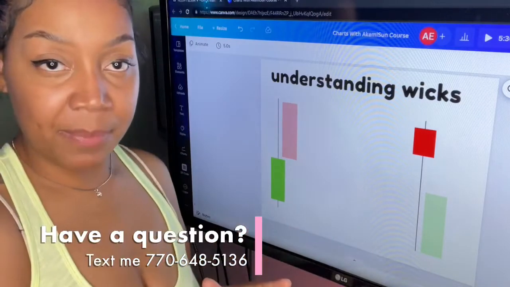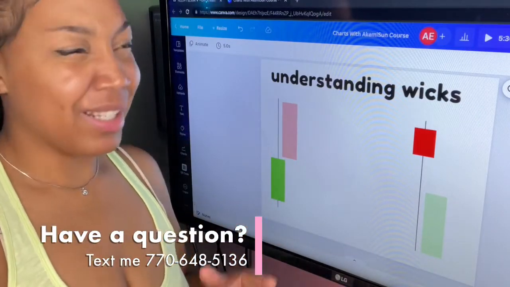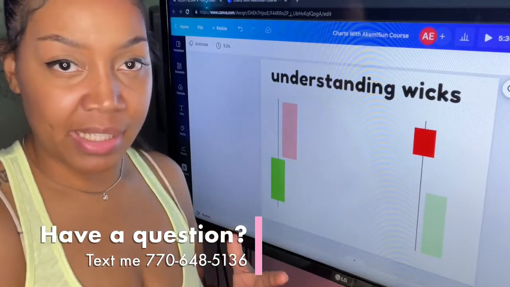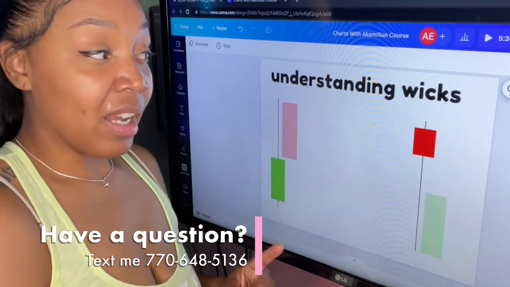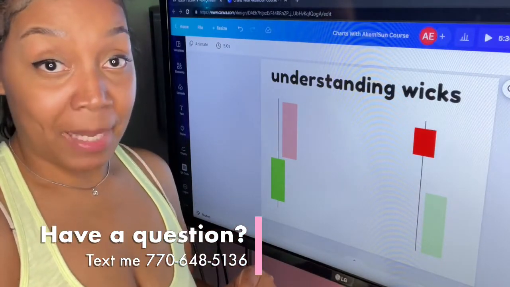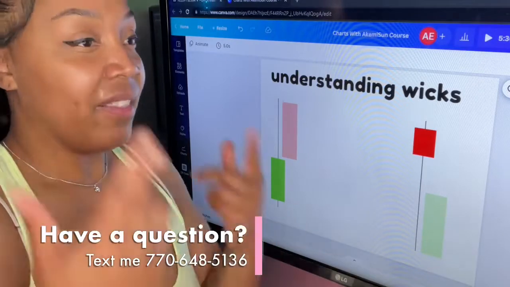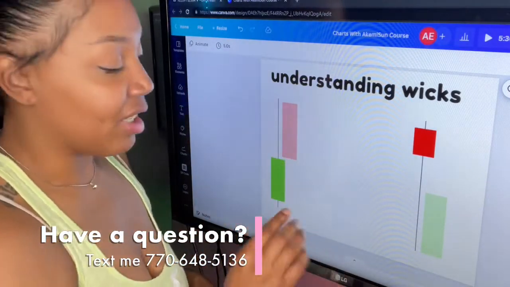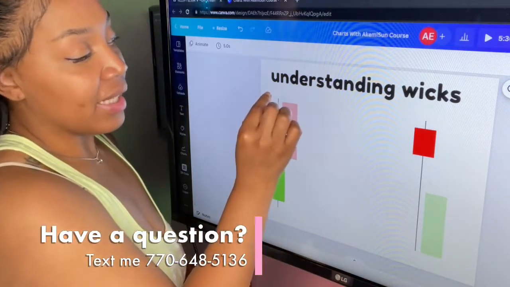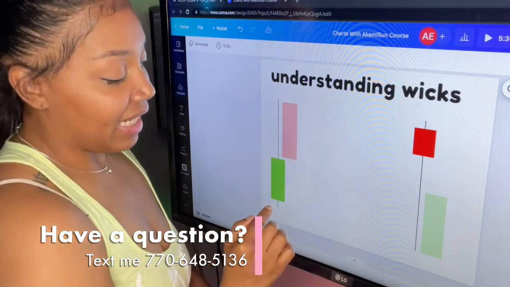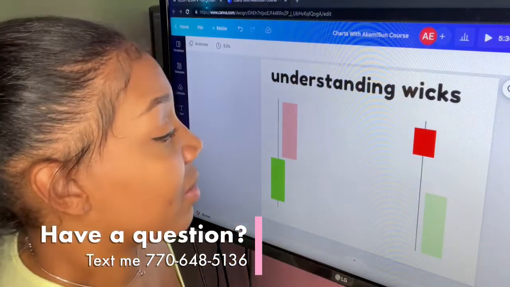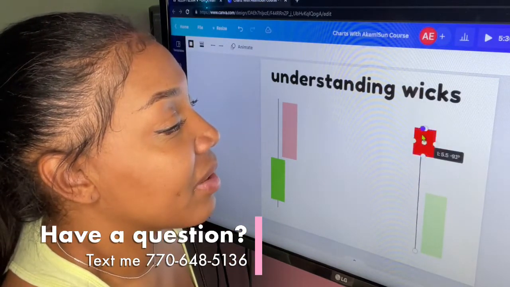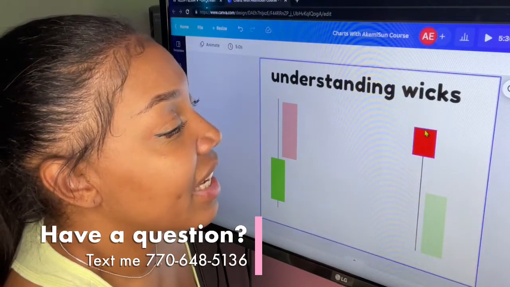Some candlesticks will not give you wicks, but it's so rare, because most candlesticks give you wicks. Now, when you do have a candlestick and it does not give you a wick, that's a message in itself. So when you have a candlestick that is so strong and it pushes up and leaves no wick, let's just say we got rid of this wick, right? And the candle